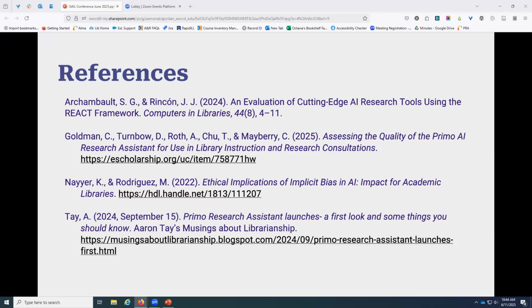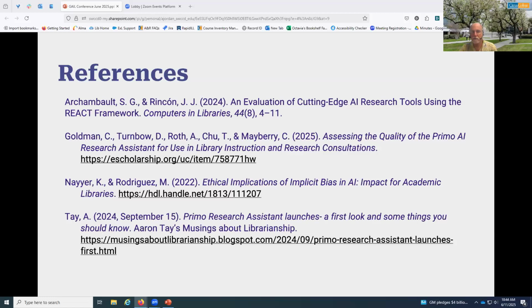Let's see. Rebecca asked, could you give some examples of topics that you were using to search when you were testing the bias? I think we had some folks who used pretty loaded language on the topic, like a research topic about immigration, and Palestine.